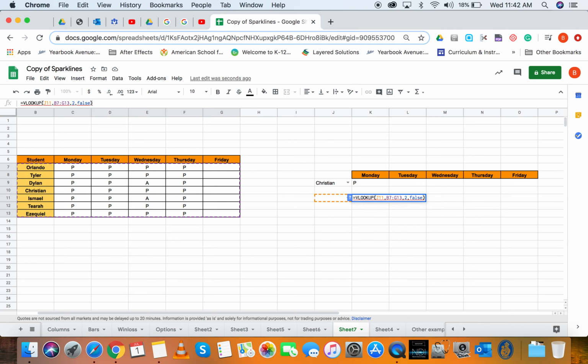And then hit return. It's going to say NA, but if we drop down and pick, let's pick Ezekiel here at the bottom. And on Monday we know he was present, and sure enough, there are the results. So here's a real quick way and very powerful tool to analyze the data and pick up a student real quick. If you want to do a Monday, I don't know, what was it, the 28th of June, we could pull up Ezekiel, was he present or not, very quickly by just using these drop downs